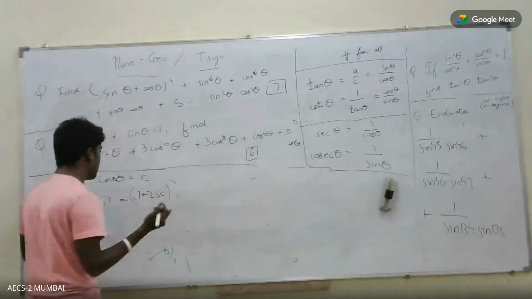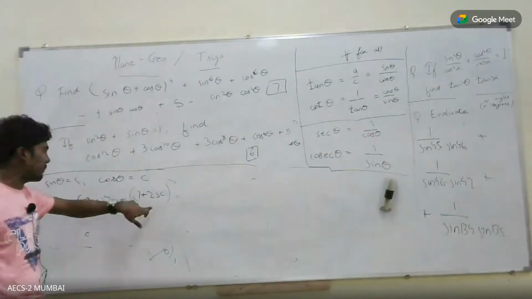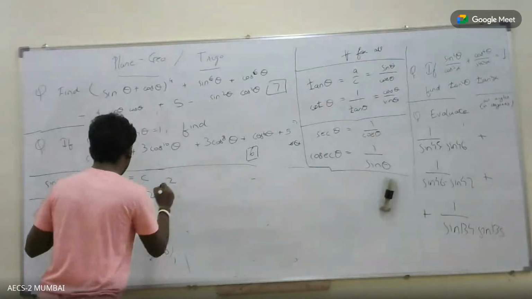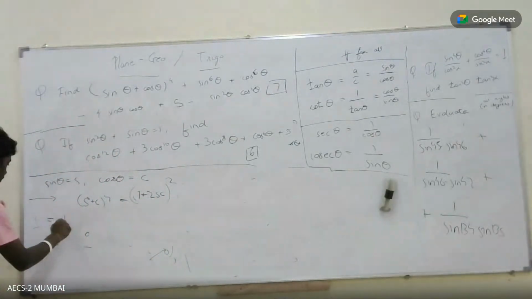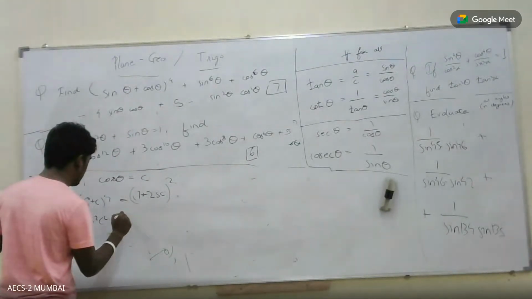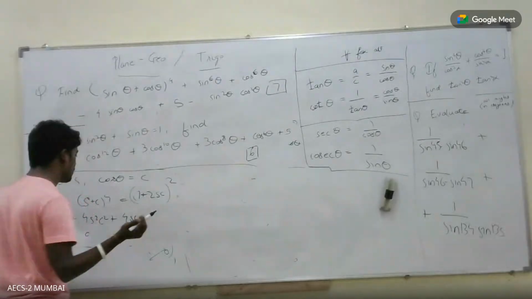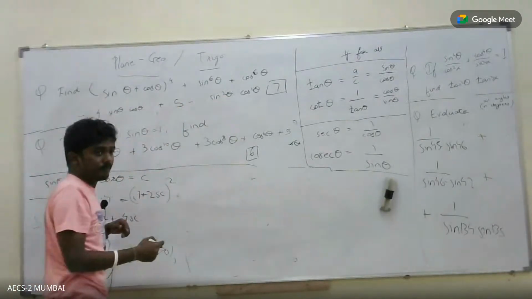1 plus 2 SC. Why is that? Because 1 is equal to C square plus S square. Right? So we can write S plus C the whole power 4 as 1 plus 2 SC the whole square. Perfect. Then we can expand this also. 1 plus 4 S square C square plus 4 SC, right, we can do this. And then it cancels out with